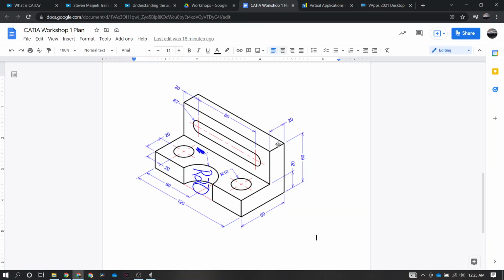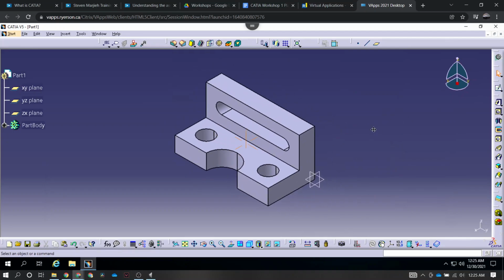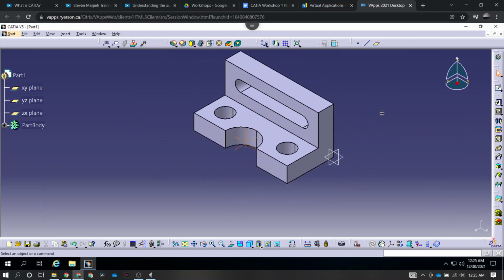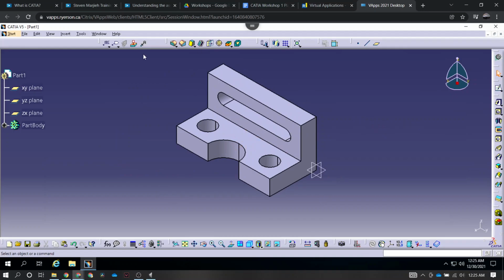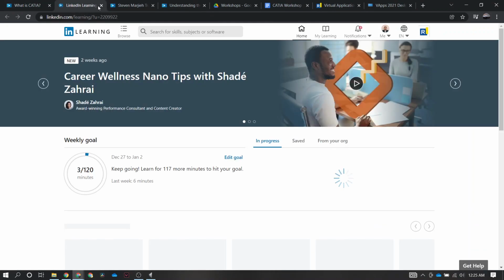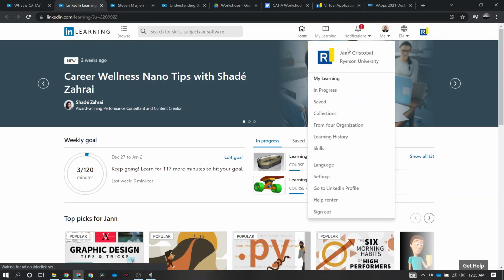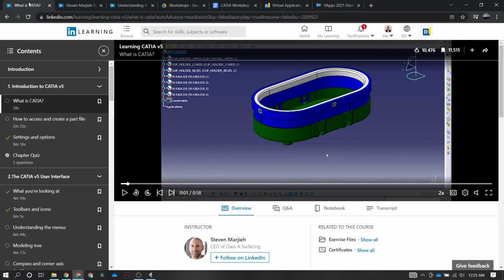It's super basic. You should learn this in your AR 222, but you don't have that class yet. But from what I remember, a lot of what I learned in CATIA was just self-taught, to be honest. And a great resource that I want to point you guys at is LinkedIn Learning. So you can straight up go to LinkedIn Learning. If you're a Ryerson student, you should have access to this. So this is my LinkedIn. Right, just go Ryerson LinkedIn Learning, just log in using your Ryerson credentials, and you can search up CATIA V5,